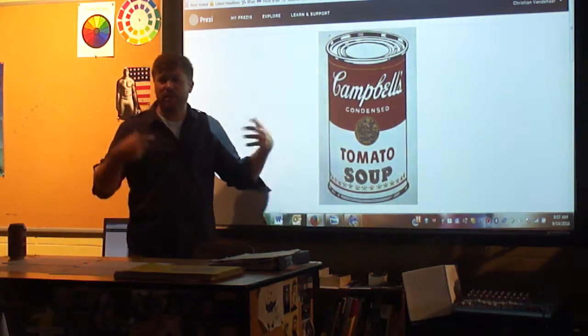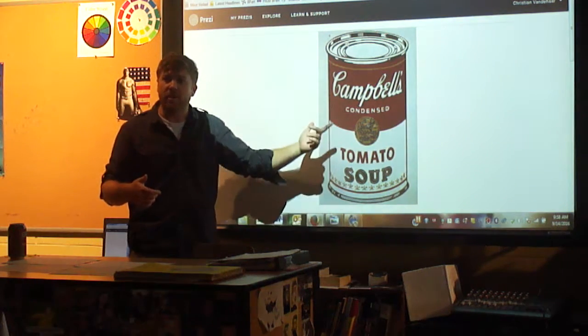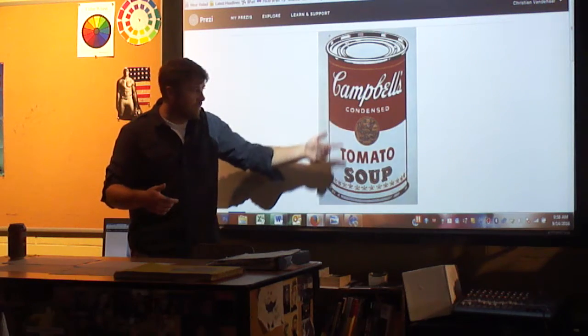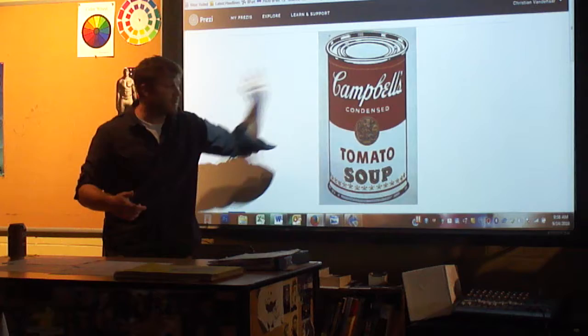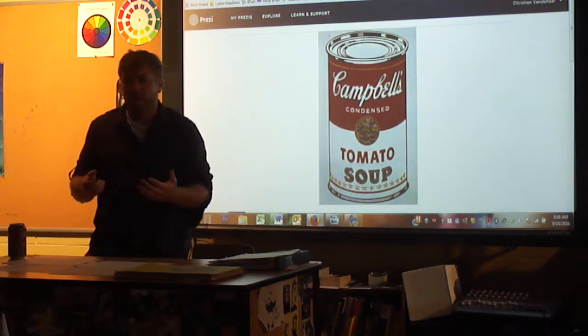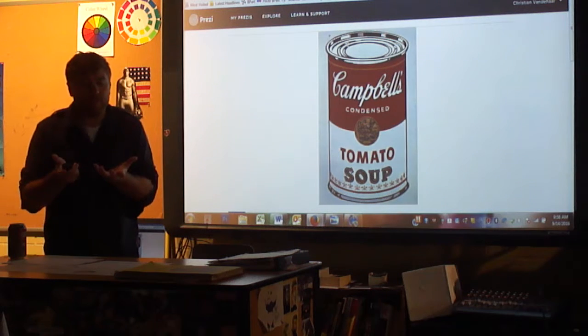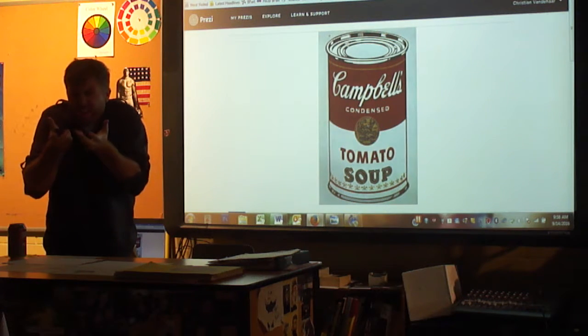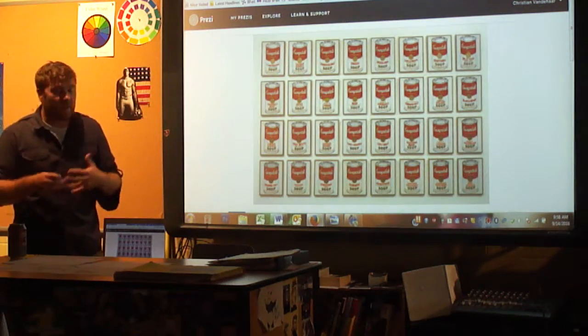One of the things he was trying to bring to light was commercial design. Someone had to design this. This is art. Someone had to design, red goes up here, white goes down here, here's how we're going to spell soup, here's what we're going to put at the bottom. Someone had to do that. And so he enlarged it, painted it large, just to bring our attention to everyday objects. No one really looks at the everyday objects. And so this became a style, a big hit.